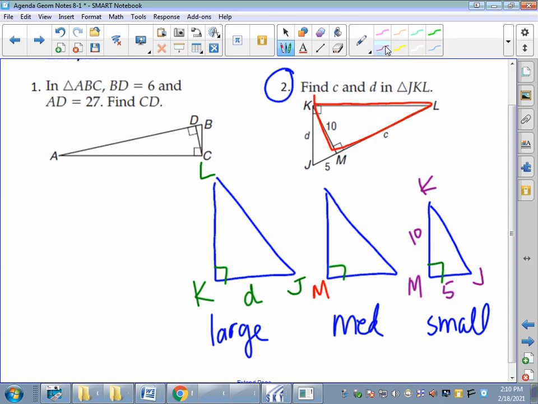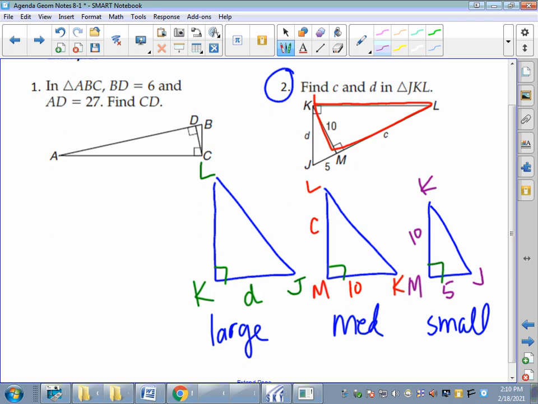So let's see, short leg it looks like is MK, and that length is 10. It's okay that we already used MK was 10. Looks like my long leg is ML, and that's a C. All right, is that everything? I think that's everything, right? So